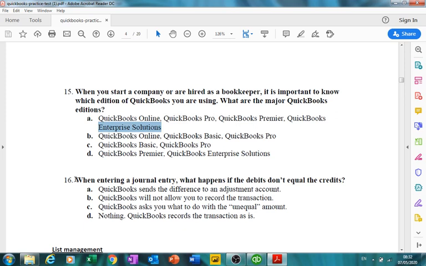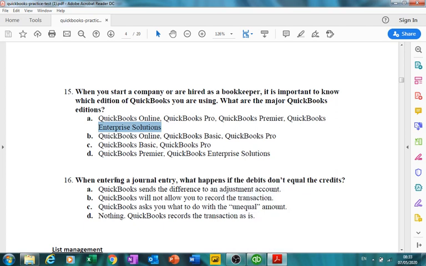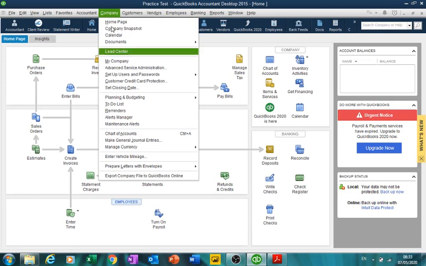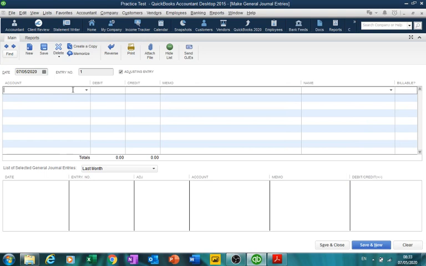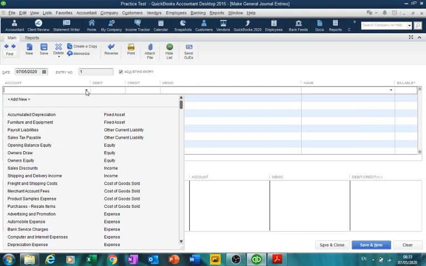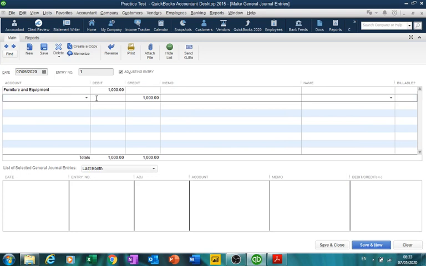Number 16. When entering a journal entry, what happens if the debits do not equal credits? Go to QuickBooks Company, make journal entries. We will see here that if we enter a journal entry, furniture, for example, 1000 debit, and